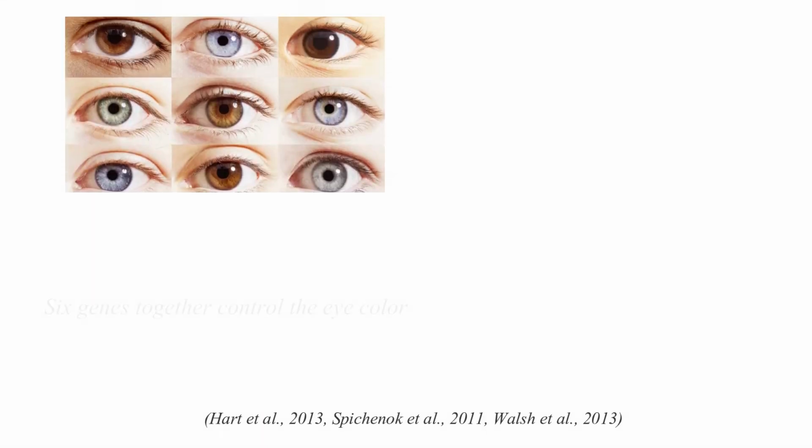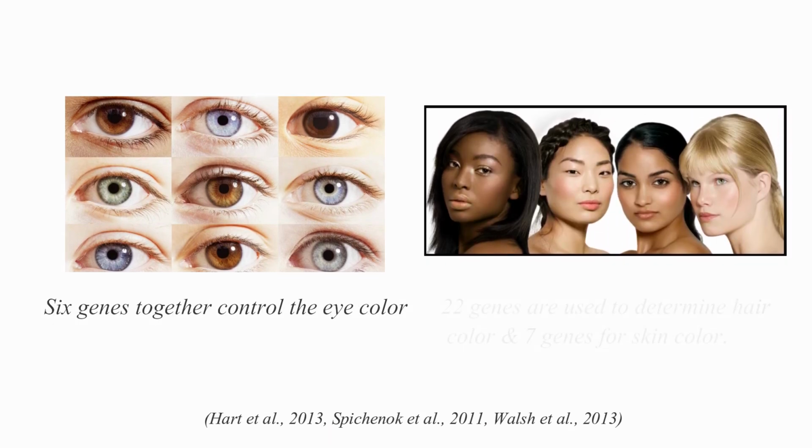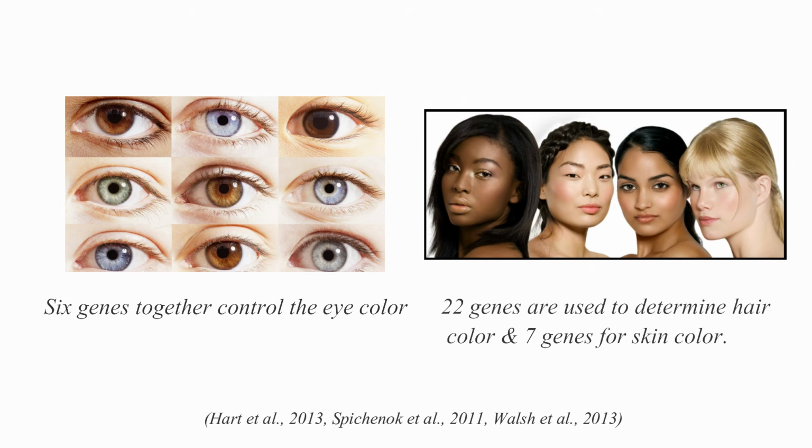Ideally speaking, we should be able to tell what part of the DNA is going to control the color of our eyes, the skin color, the hair, and how the hair looks and everything. But when you deeply analyze the DNA, you can see that there are several players inside the DNA which together control these particular features. Sometimes it's just 10 players like that. Sometimes there are several players that come together and make a particular feature.